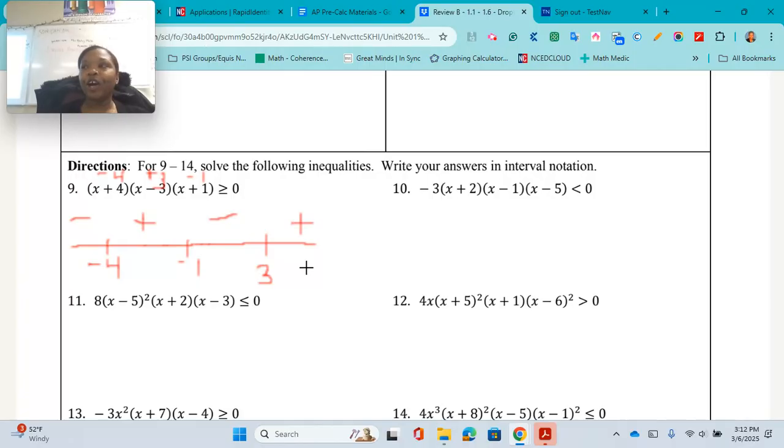All right. Now I have labels for my number line, and I need to now identify parts that are greater than or equal to 0. So I'm only looking at the plus or the negatives. Plus, greater than or equal to 0. And, are we including our zeros? Yes. So since we are including our zeros, I will be dealing with a what? Bracket. All right. So from -4